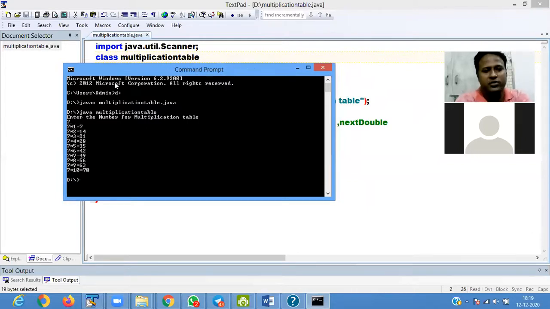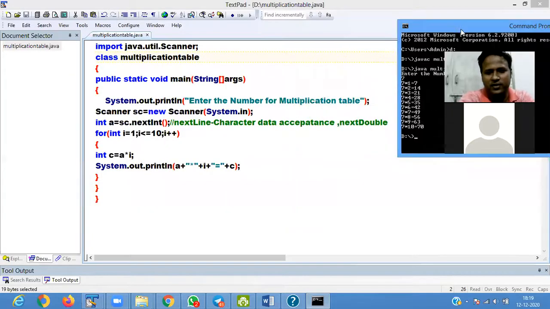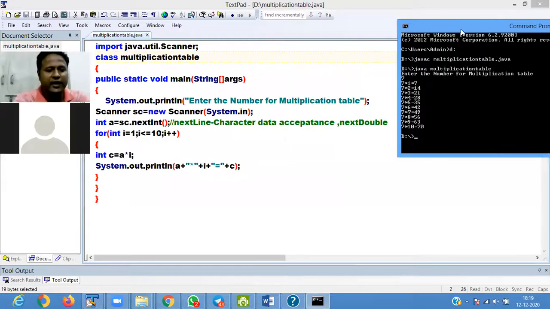Okay. Now check here how it is displayed. The int a is sc.nextInt, so we are passing a value. Enter a multiplication table. I'm passing here 7. Then int i is equal to 1. 1 is less than or equal to 10, the condition is true.